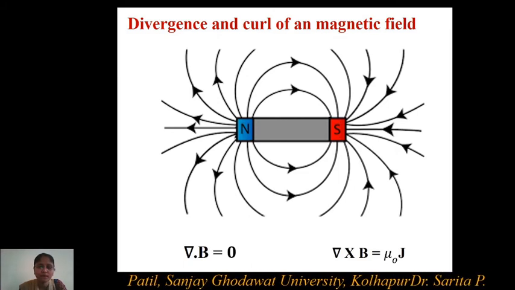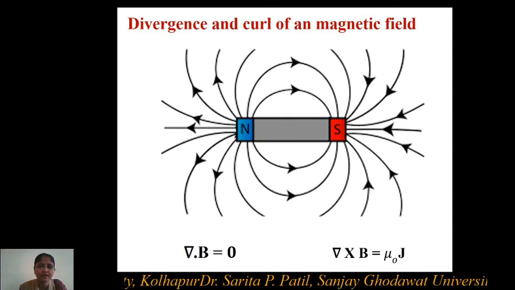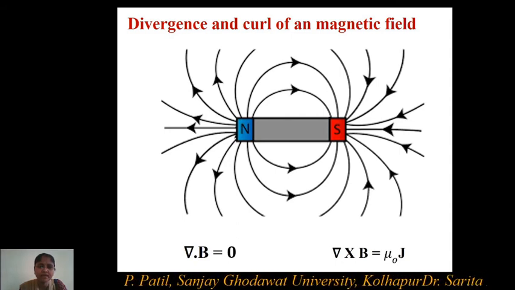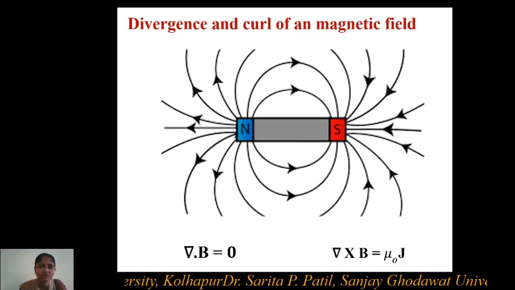Now let us come to the point of how magnetic field is represented by this particular magnet. Again here also magnetic field is represented by magnetic field lines shown here. Magnetic field lines are emerging out of the N pole, and these magnetic field lines form a loop and then enter into the S pole. Though in this picture it is seen that these are moving away, these particular lines afterwards will go around, come back and enter into the S pole.